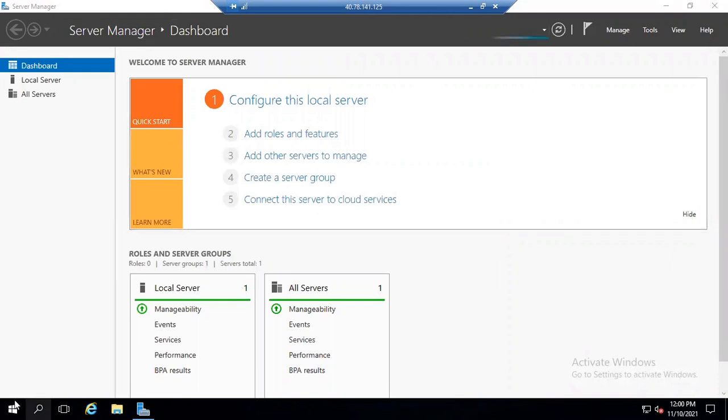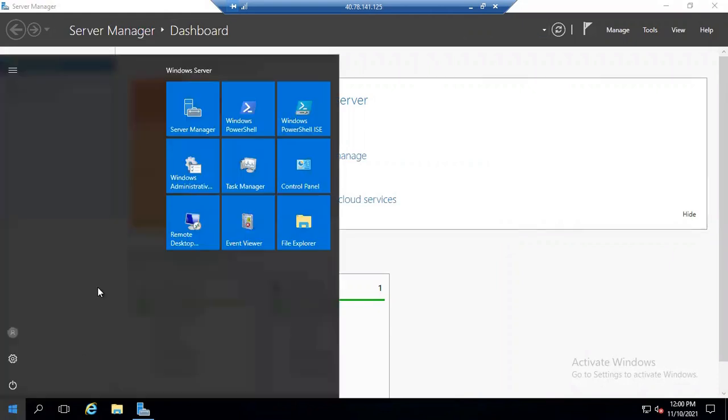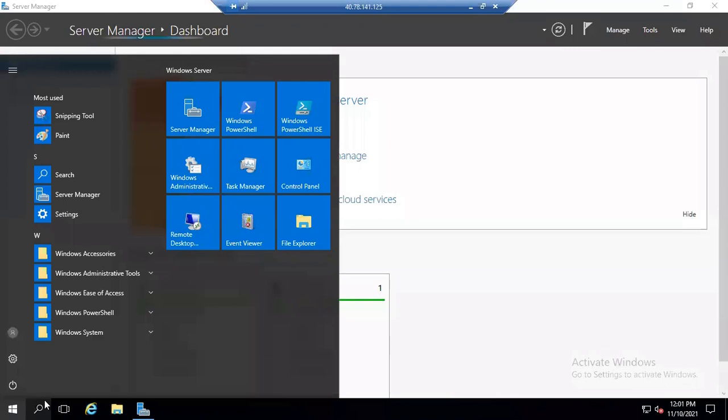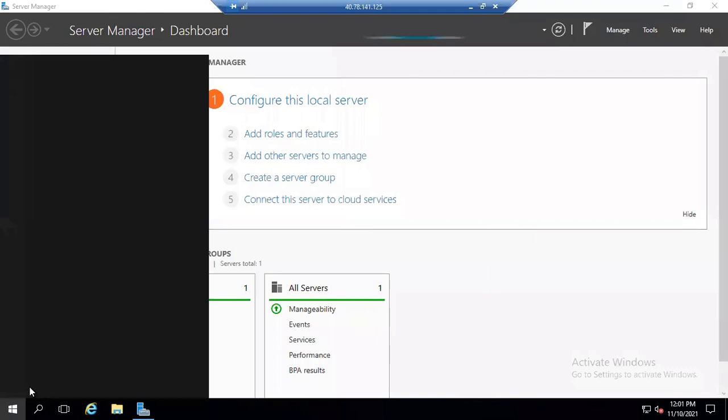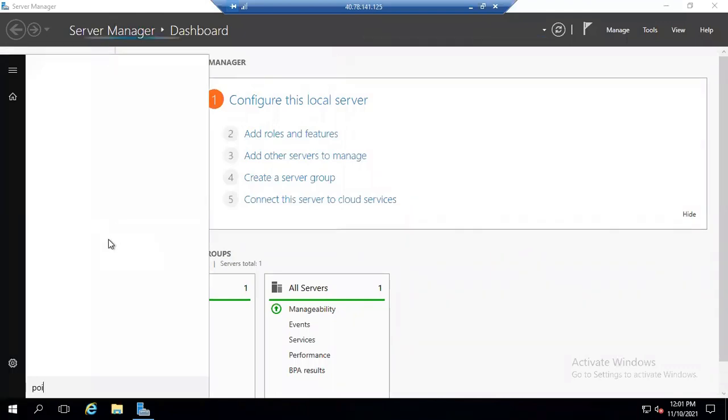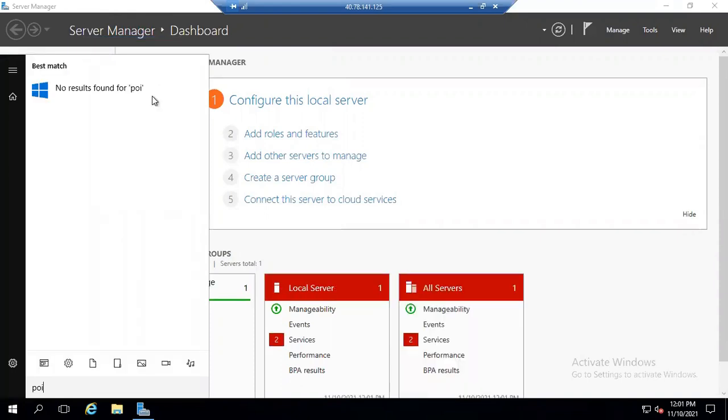Now here, according to documentation, I will open PowerShell in admin mode. Just wait.